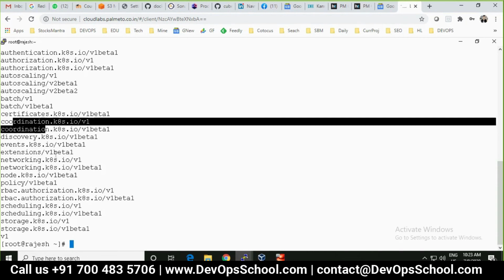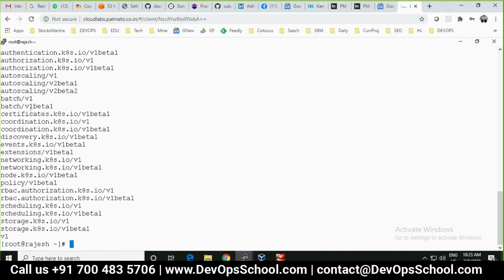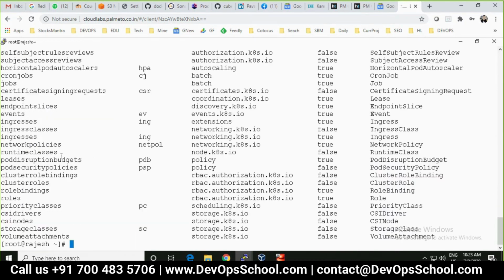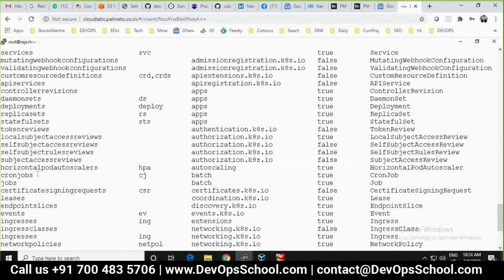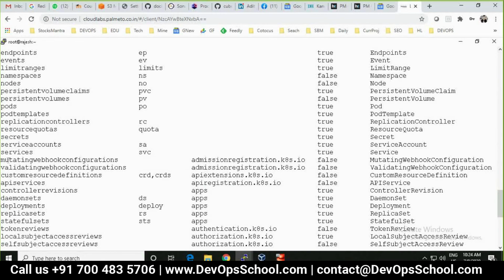For example, let's say if you want to use deployment. So, see here. Here, deployment.